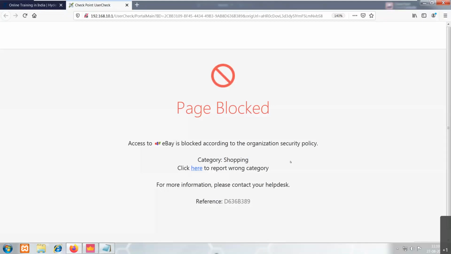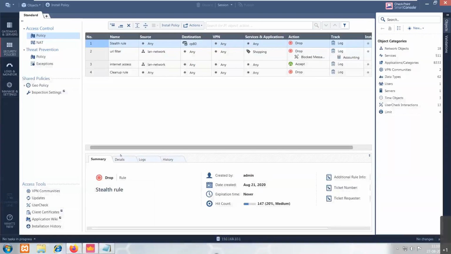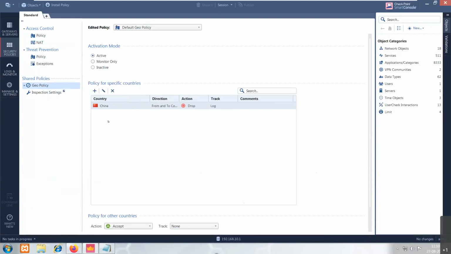At the same time, here I have written another policy. In Checkpoint, you also have an option to permit or deny traffic based on a specific geolocation, a specific country or region. You can take a decision whether to permit or deny traffic to it. So here I've written a simple policy which says if there is a request going out from my network to some resource or server which is hosted in China, that should not be accepted. It has to be blocked. So I've written a policy here.